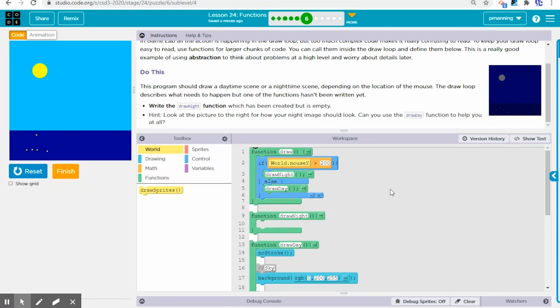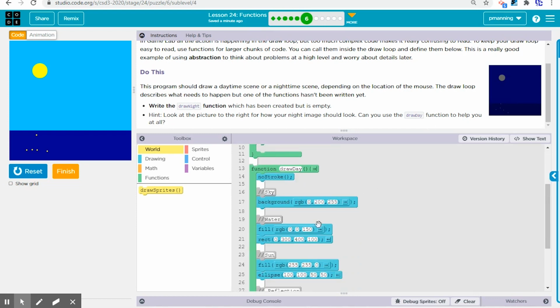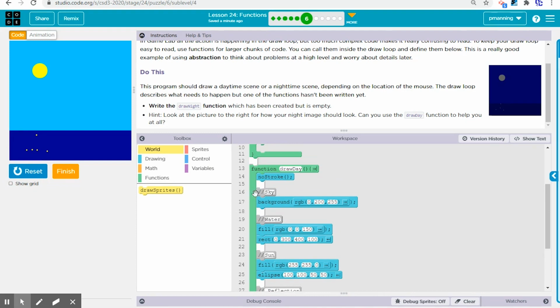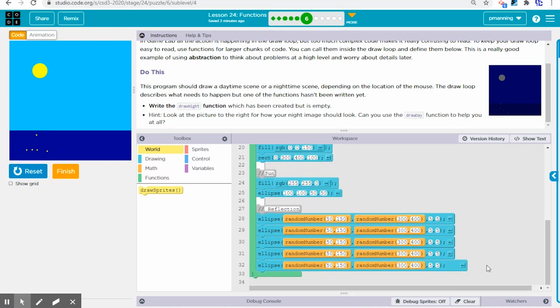When we're looking at the example here, what we can do is work smarter, not harder. My day scene has a sky, water, a sun, and a reflection. I need all of those elements, but for night I probably want my sky a different color. Rather than a sun, I probably want the moon, and I may want my water a different shade. However, I can copy